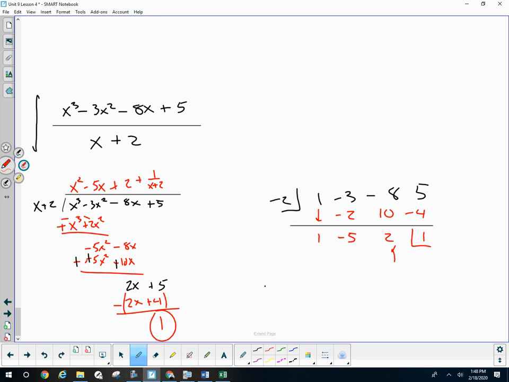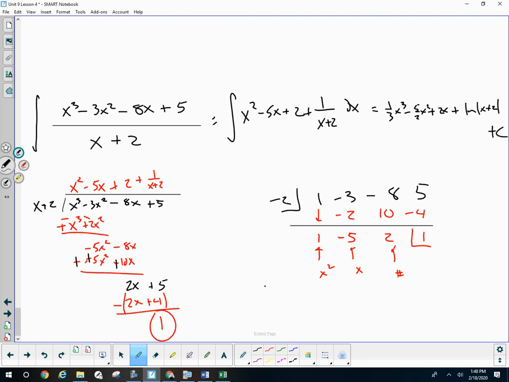I can see there's my number, these are my x's, these are my x squareds. The antiderivative of this can be written as the antiderivative of x squared minus 5x plus 2 plus 1 over x plus 2. And the antiderivative would be 1/3 x cubed minus 5/2 x squared plus 2x plus log absolute value of x plus 2 plus c. Okay, pretty intense, but that is long division